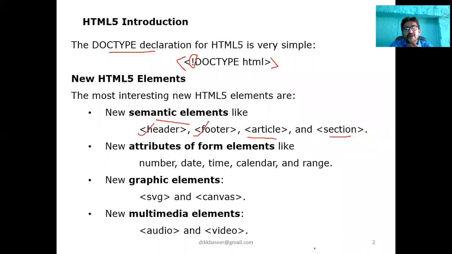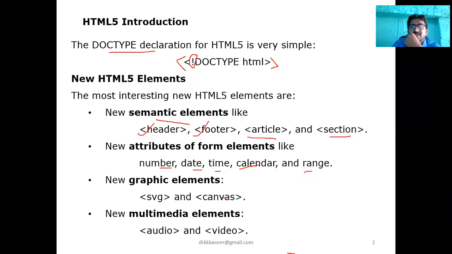Also, new attributes have been added, not just elements, but attributes for the form. In a form we have an input, and you remember the attribute type. When you use type equal to number, type equal to date, type equal to time, calendar, range, these are some of the form element attributes.